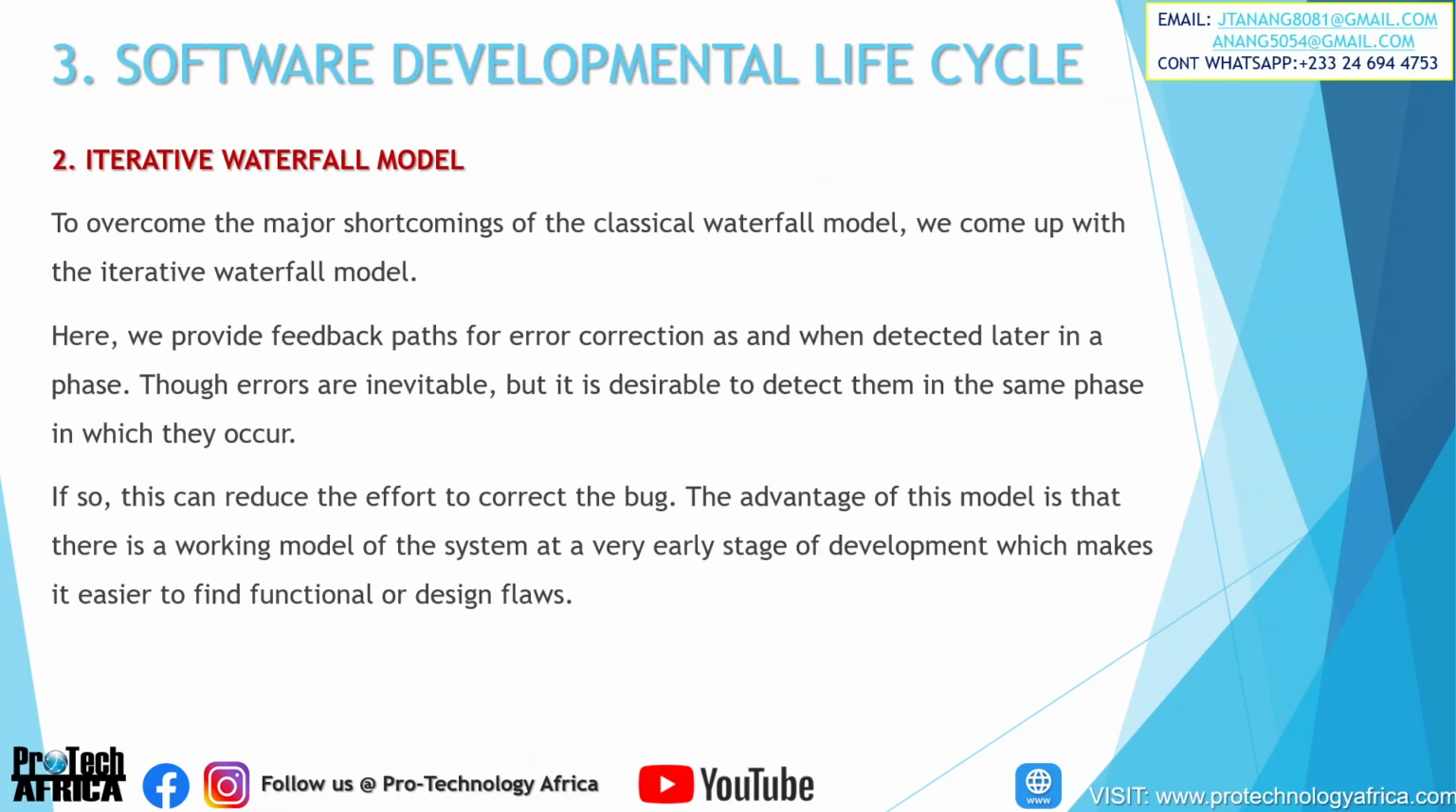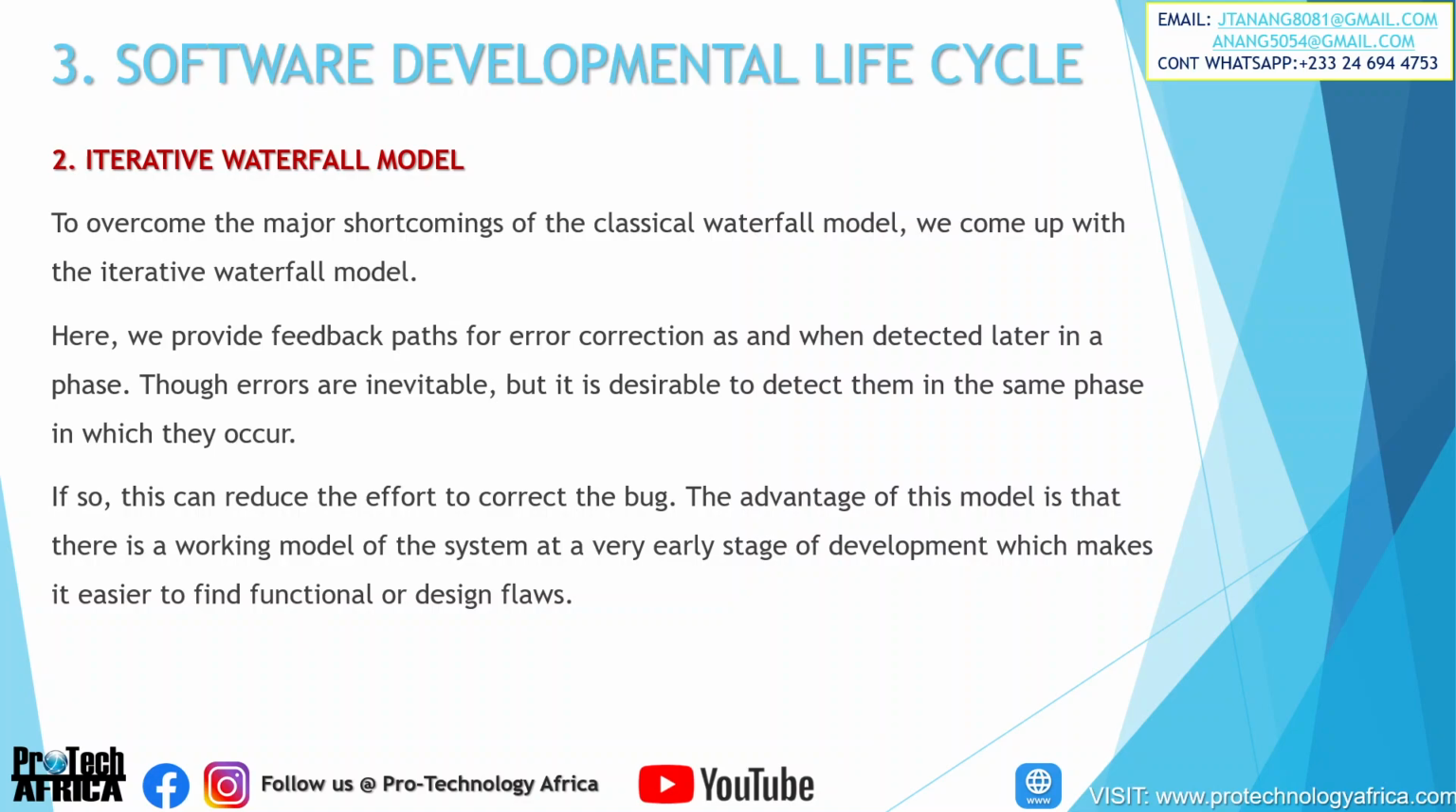explained here. So now let's look at the second aspect, that is the iterative waterfall model. Or in some books, they write the iterative model. To overcome the major shortcomings of the classical waterfall model, we come out with the iterative waterfall model. Here, we provide feedback paths for error corrections as and when detected later in the phase. Though errors are inevitable, it is desirable to detect them in the same phase in which they occur. If so, this can reduce the error